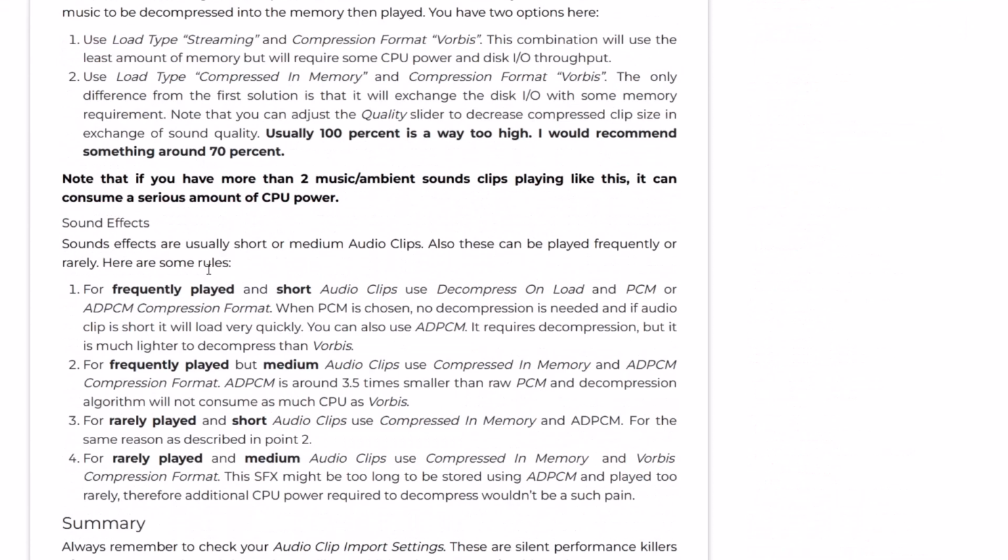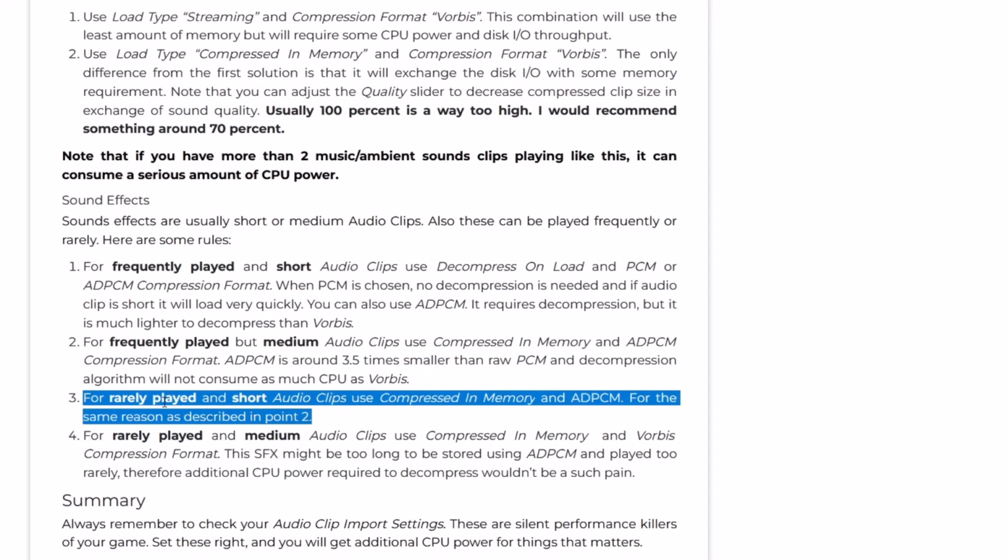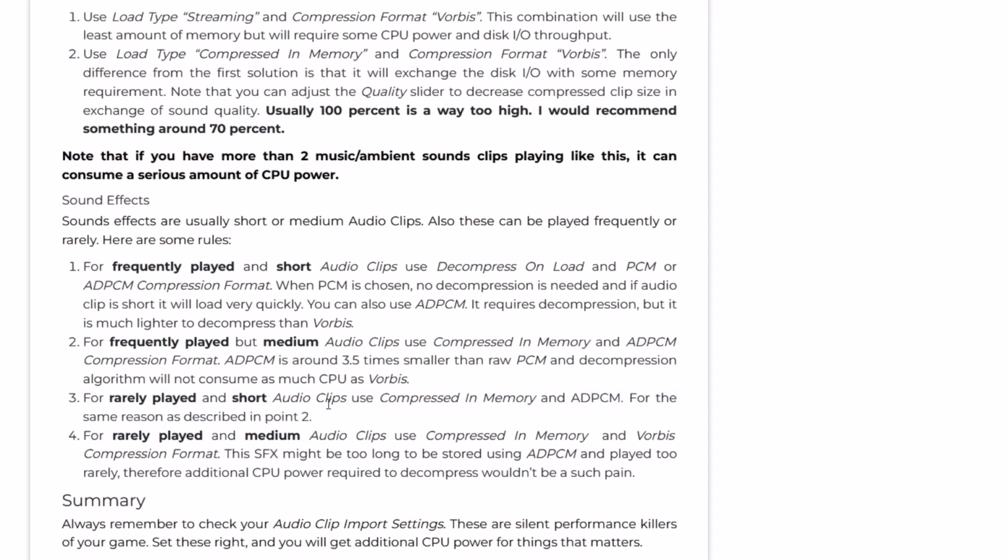Now, for sound effects, these sounds are not going to be played a lot, so we can go with option 3 here. For rarely played and short audio clips, which would be for our sound effects, we'll go ahead and use compressed in memory and the ADPCM compression format. This should give us good performance for our sound effects, and we shouldn't notice any kind of lag or issues when we're importing or when we're loading them from resources in real time